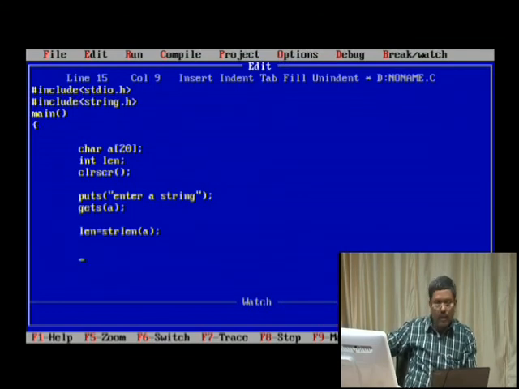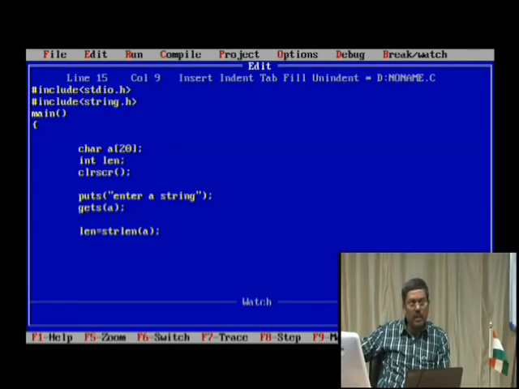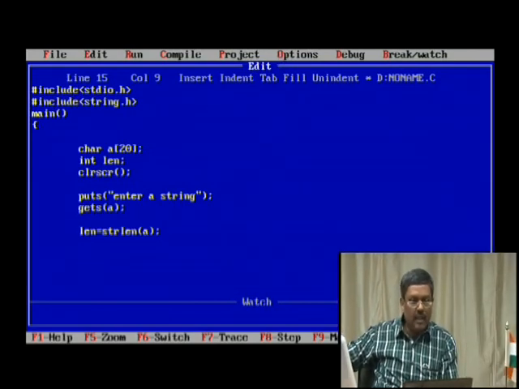Once it is stored, the computer will never do anything after that. Whatever you tell, it will do. That's all. So we should know how to tell the computer, that means the CPU, to display it or take it from the keyboard or process it. All such things we have to tell, because it's a dumb machine. So we are intelligent, I hope. That is why we need to tell the computer to do this, do that.